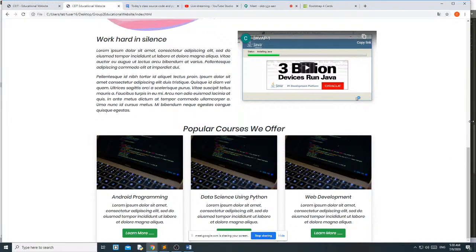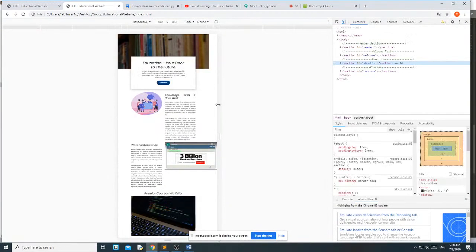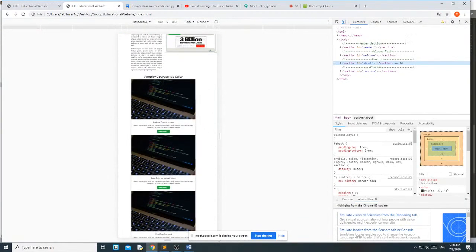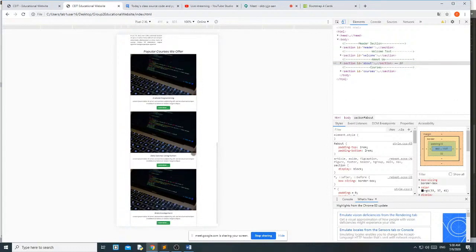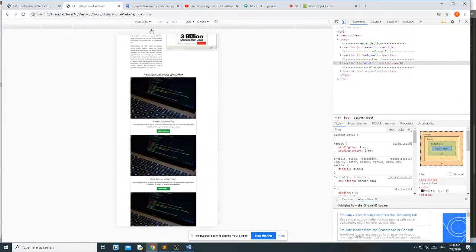Okay, in large screen the 3 cards are in a row, in small screen they come one above the other, and in extra small screen also they come one above the other. Go to inspect, see, it's coming one above the other like this. See, in Pixel device it will come like this.